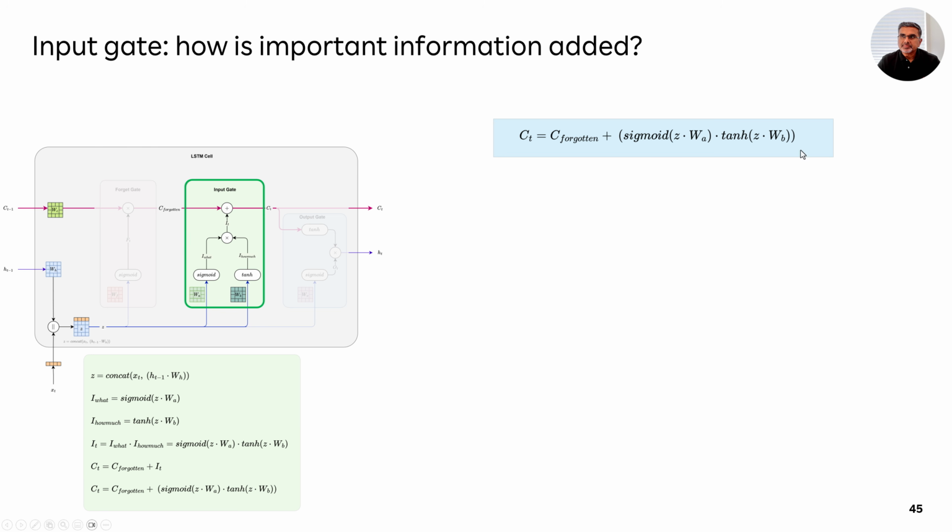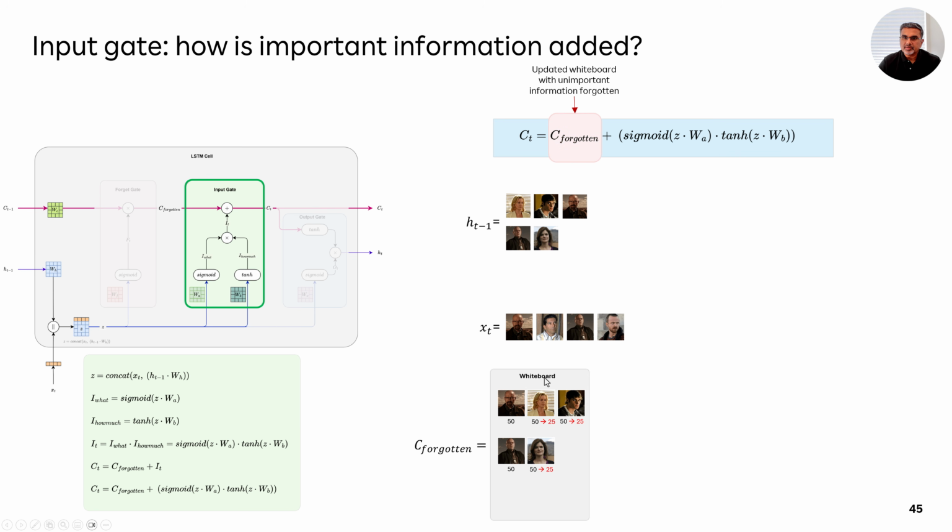So this is the function for the input gate. The first thing is the previous state that is flowing through, our h(t-1). The current episode has these characters, x(t), correct? Now, the existing memory, the long term memory, will have these values. Remember that it has already gone through the forget gate and we have suppressed the values of these three characters because their importance is less as we are processing episode after episode. So, this is going to be our existing, our current updated whiteboard.